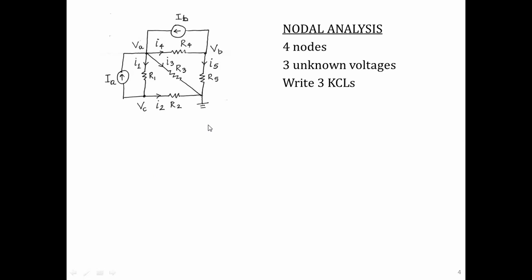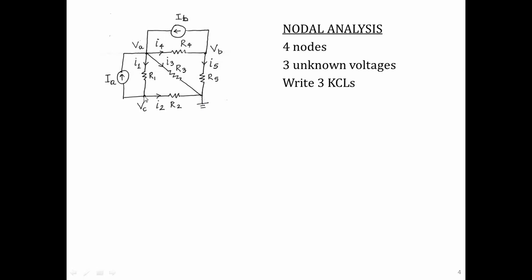Okay, so let's go back and look at this circuit. Now we'll apply nodal analysis to this circuit. Nodal analysis is about solving node voltages. First of all, we identify nodes in this circuit. So how many nodes are there? We count 1, 2, 3, 4. Four nodes. The first thing we do is define any one of the 4 nodes, it doesn't matter which one, as the ground node. So I have defined this node as the ground node.